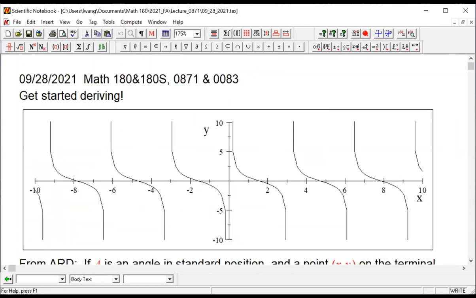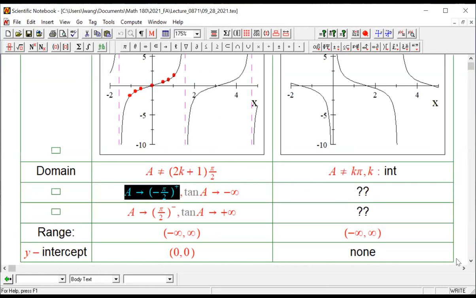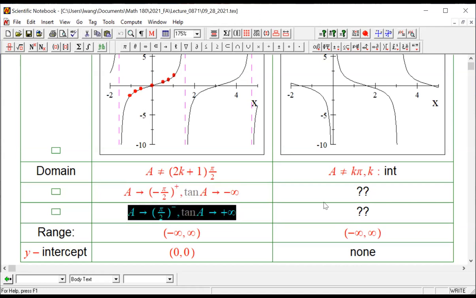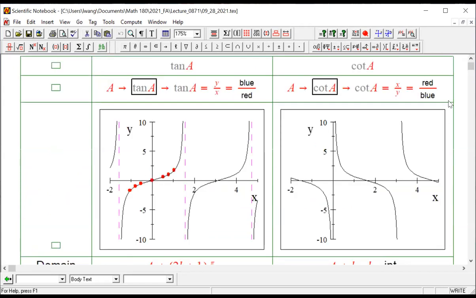And we also worked out the x-intercept and the y-intercept. We have the y-intercept, but we also have the cotangent. Cotangent will have something similar too, but cotangent is different. It's defined differently, because a cotangent is going to be the red number over the blue number. Okay, so